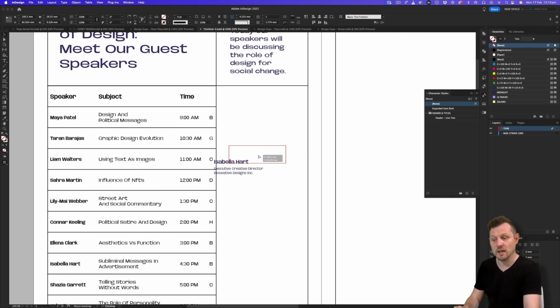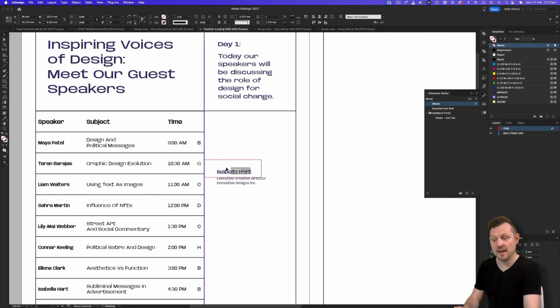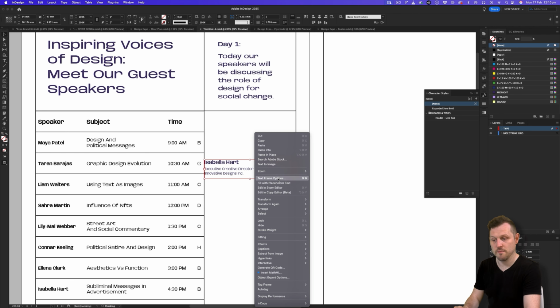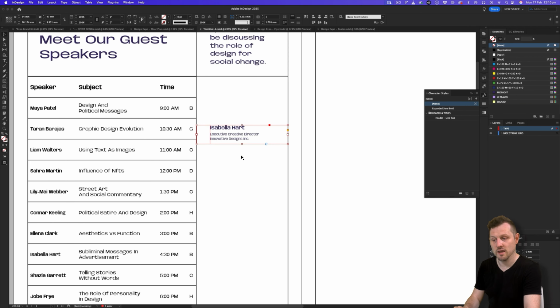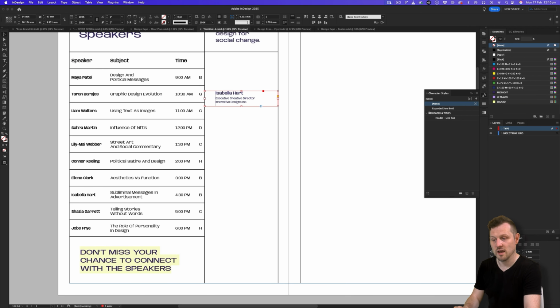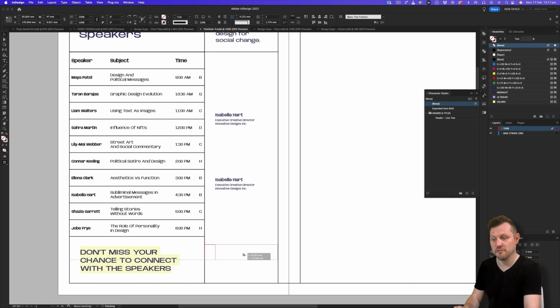Now on this occasion, I'll place my frame right up against the inside stroke, and I'll drag the text frame right to fill the width of the column space. I'll right click on the text frame, select text frame options, and only add a 7mm left inset space. Click OK, and while holding Shift plus Alt, I'll click and drag down to duplicate below. I'll do this one last time to create a third one,